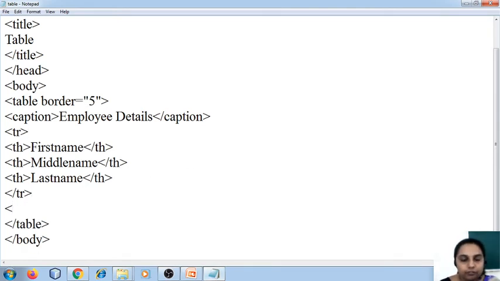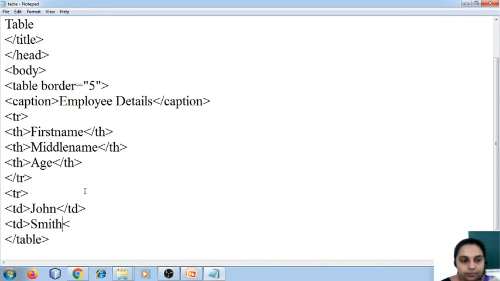So now I want to create the first row. So again I'm going to use the TR tag, which defines a new row. And then I want to fill in the data to that row. So I'm going to write John as his first name, close the data. Smith as his middle name. This could be changed to age. Sorry, I'm so sorry for that. Table. Okay, and then the last thing I want to include is his age. So I just say 45.